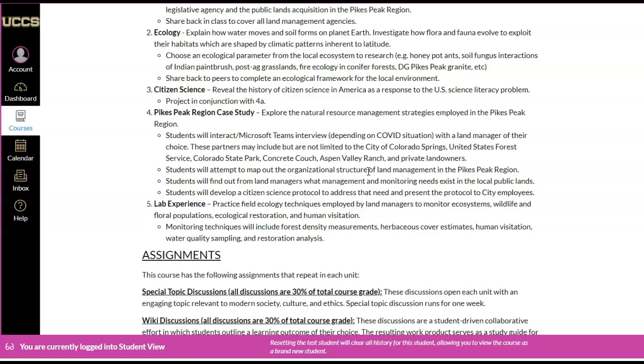So it might be, it says here, city employees, I noticed, but I will take that out. It might be Forest Service, city, might be private landowners, nonprofit. You decide, maybe you already have a partner that you work with or you've done an internship with. So you'll work with that person to figure out what they think the needs are on their landscape. And you will work towards developing this formal but short paper that describes your case study. And the assignments that go along the way are to submit citations, an annotated bibliography, an outline, a first draft, and the final draft.